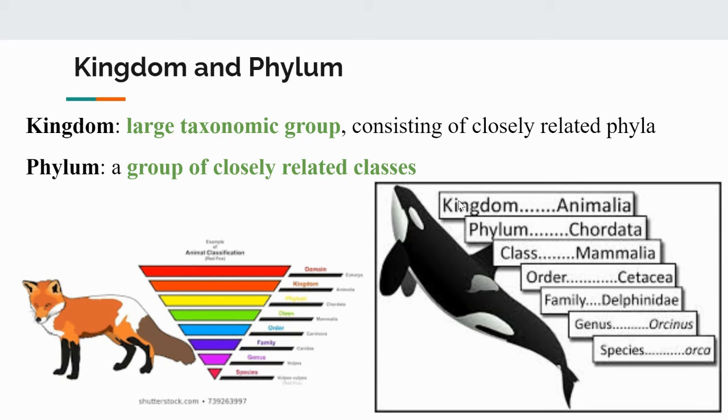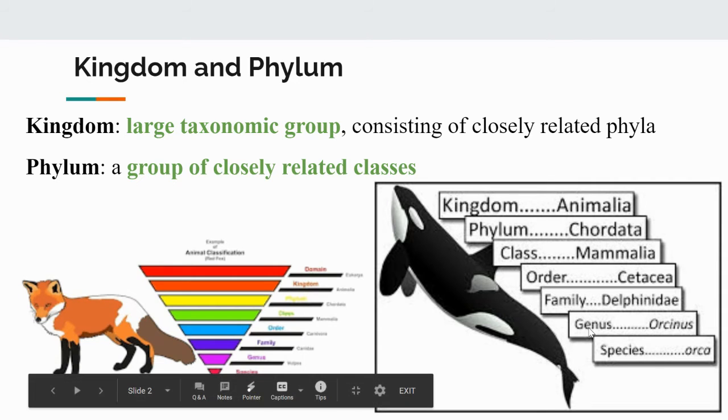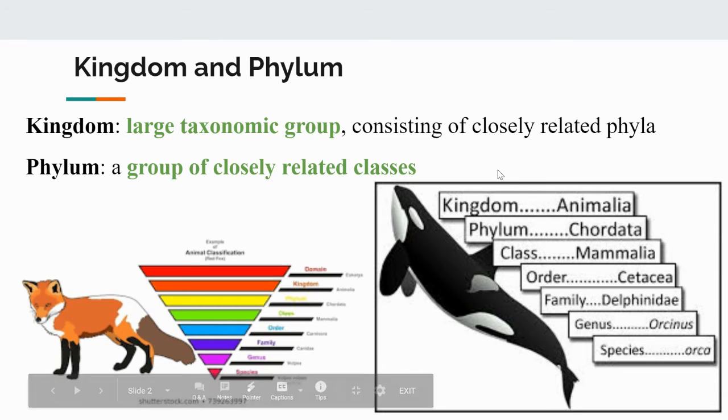So you can notice we go kingdom, phylum, class. So phyla have a bunch of classes that are similar. Classes have a bunch of orders that are similar. Orders have a bunch of families that are similar. Families have a bunch of genuses that are similar, and genuses have a bunch of species that are similar. But the kingdom is a larger taxonomy group of closely related phyla, and a phylum is a group of closely related classes. And we're going to break the animal kingdom down into different phyla and actually into some different classes during